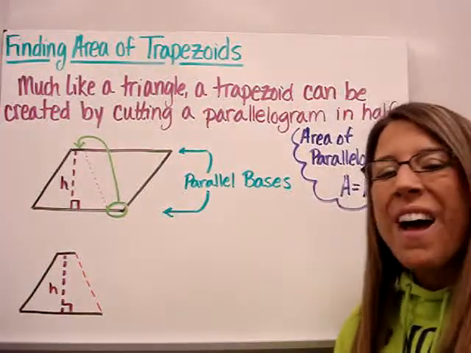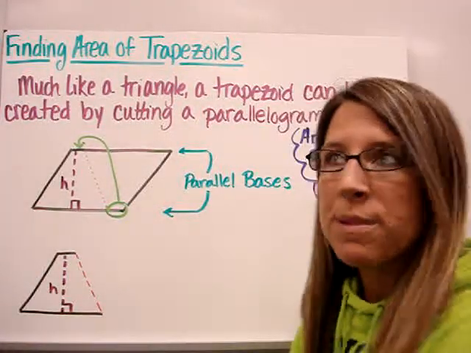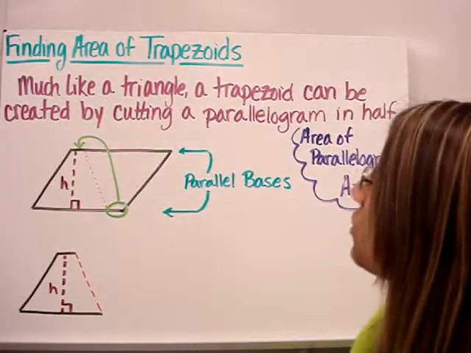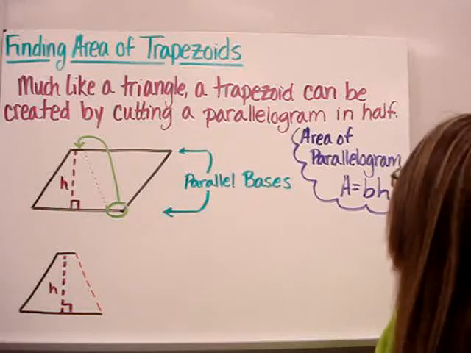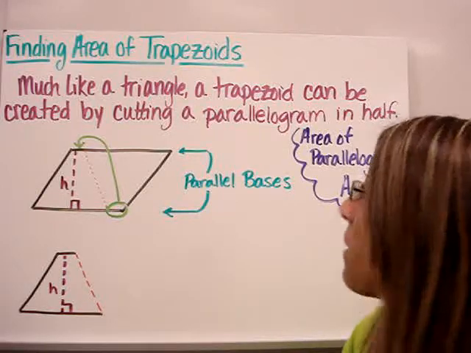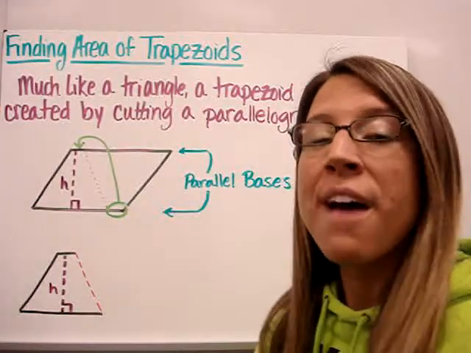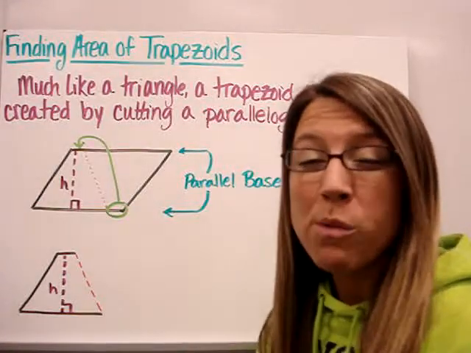Today we are going to find the area of trapezoids. The first note is important. Much like a triangle, a trapezoid can be created by cutting a parallelogram in half. Not quite in a way you would ever think of cutting something in half, but I will show you this